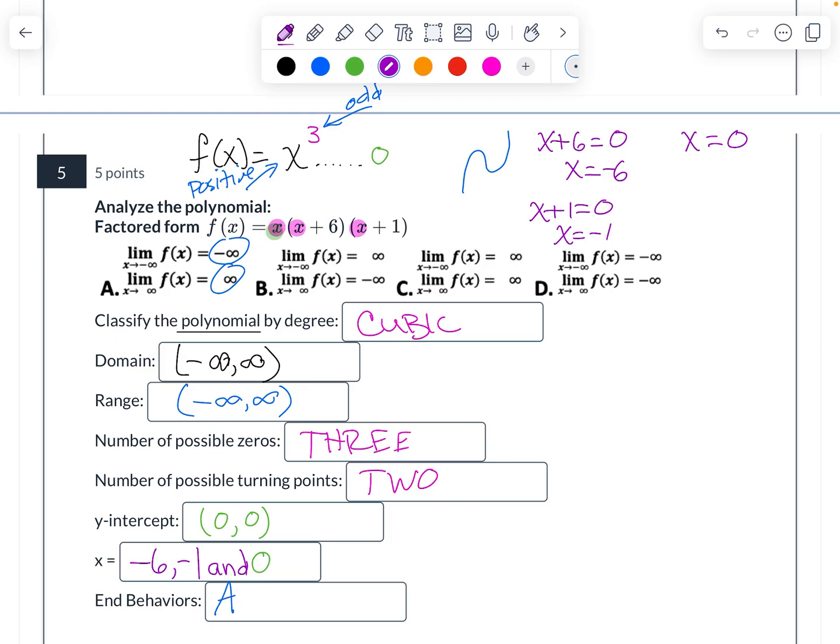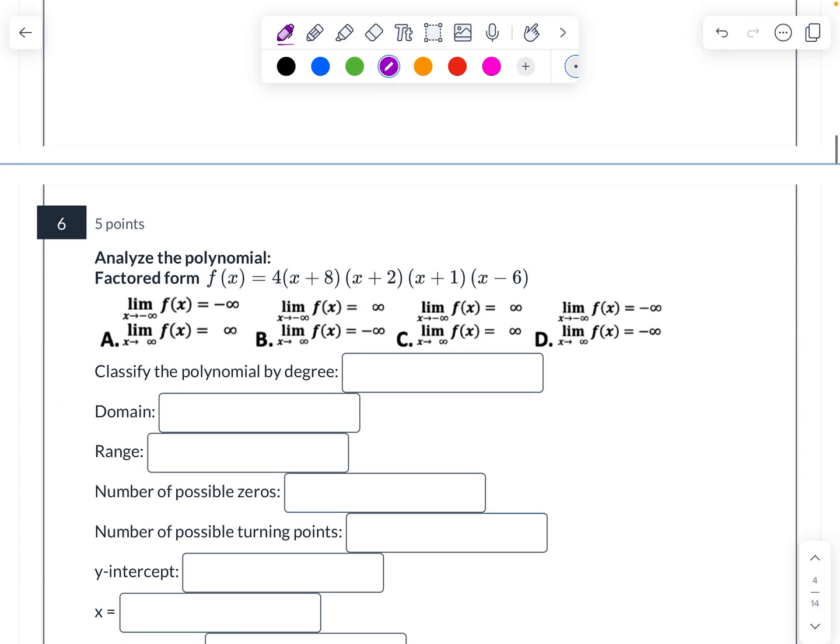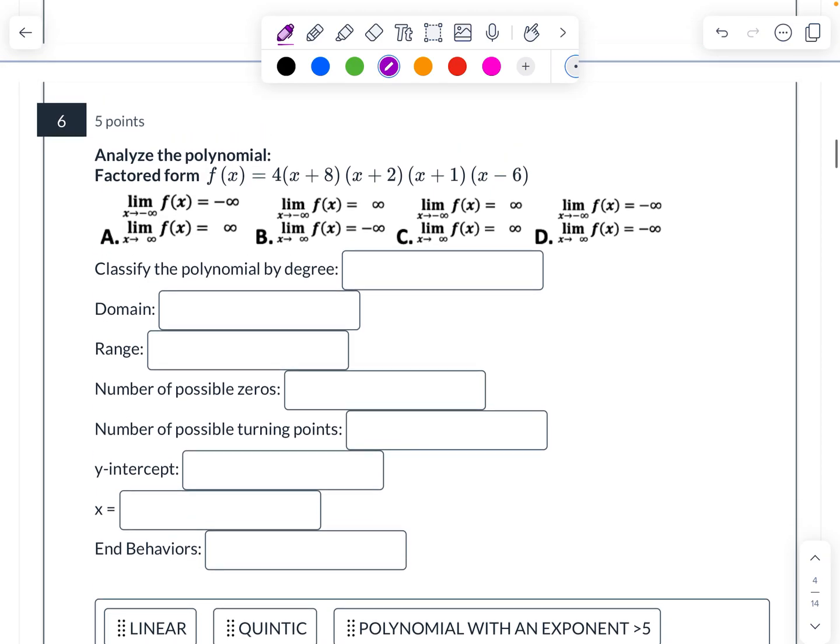Alrighty. Moving on to question 6. On question 6, I have f of x equals 4, and I have a power of x, a power of x, a power of x, a power of x. So I have x to a power of 4. I then am going to take the 4, the 8, the 2, the 1, and the negative 6